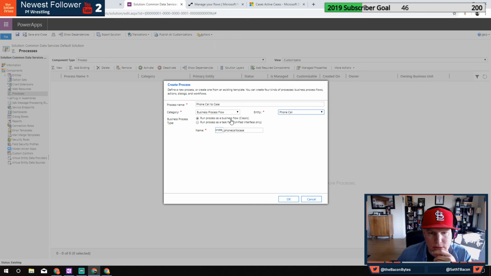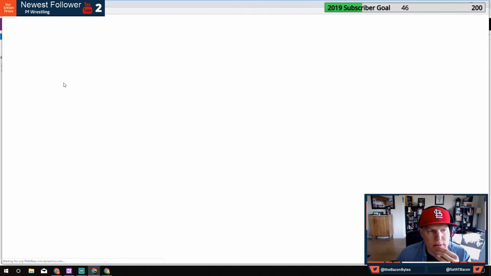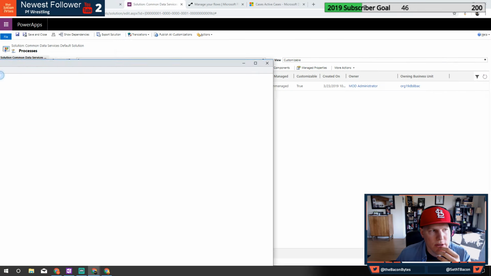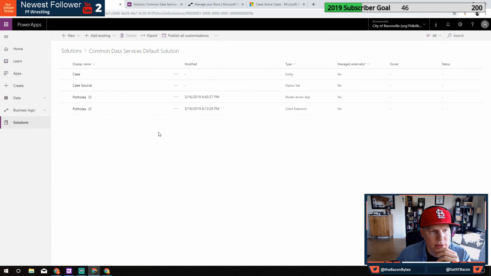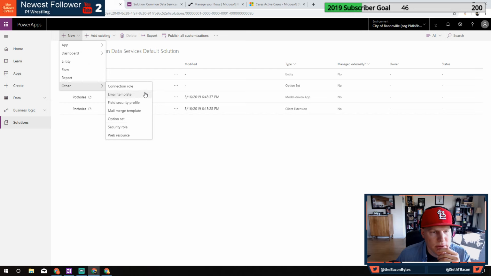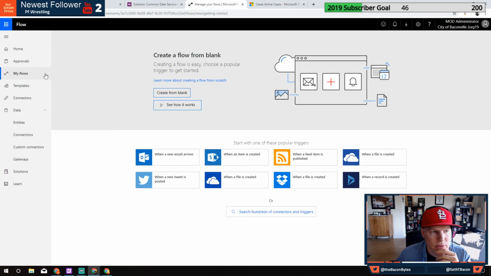Interesting. As a process, as a task flow. Did they relabel this then? Let's do the new one. But you saw, I don't know, how do you do that from this one? So if I wanted to add a new security role, option sets, mail merge fields, yada yada, flow. And when we looked at flow, where is the task flow?